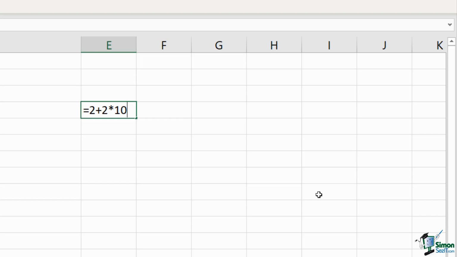So in its current form, there are two possible answers to this calculation. So let's hit enter and see which one Excel gives us. It gives us 22. It's doing 2 plus 2 times 10 to give us 22. Now we could make this a lot easier by using the Bodmas rule to tell Excel what we want it